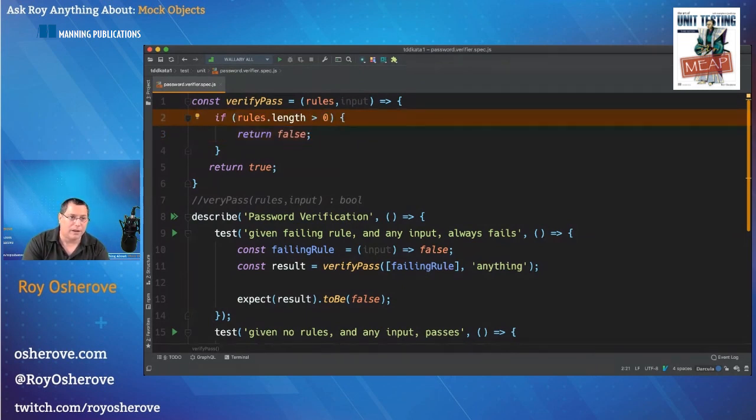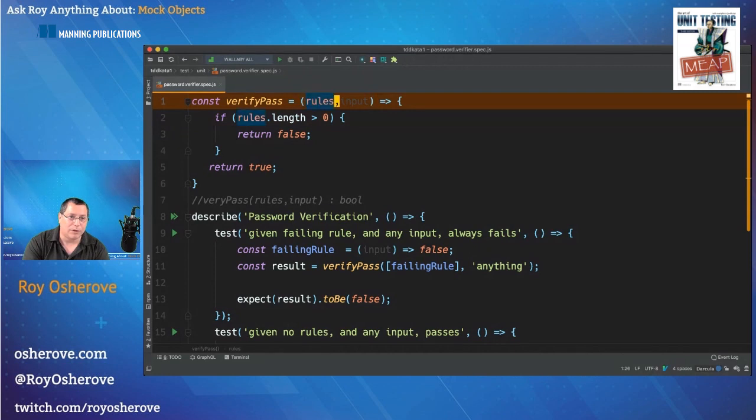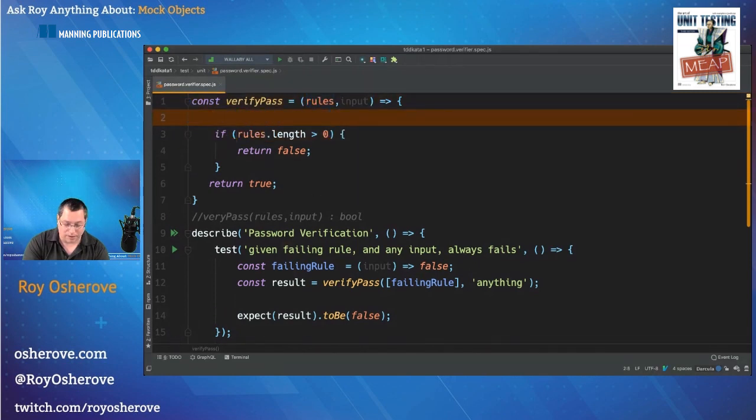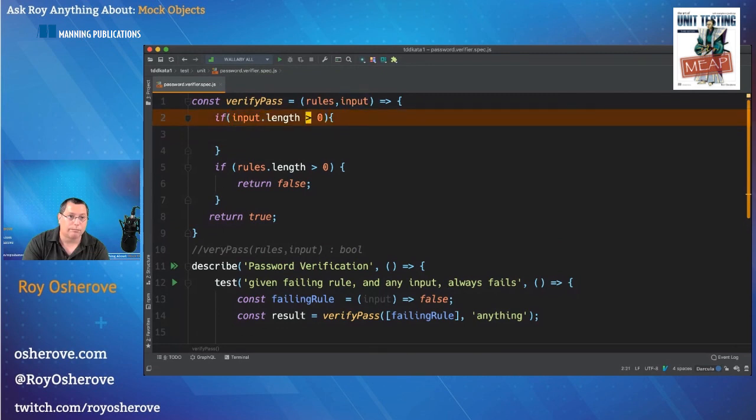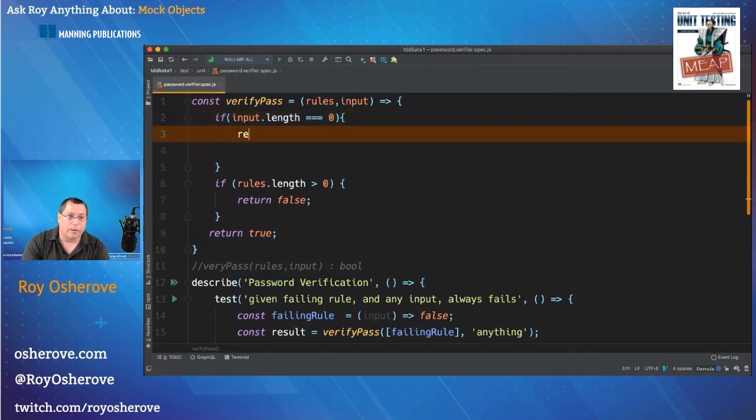We can basically say, right now it doesn't use the input, but let's say if input length is bigger than 0, return false.